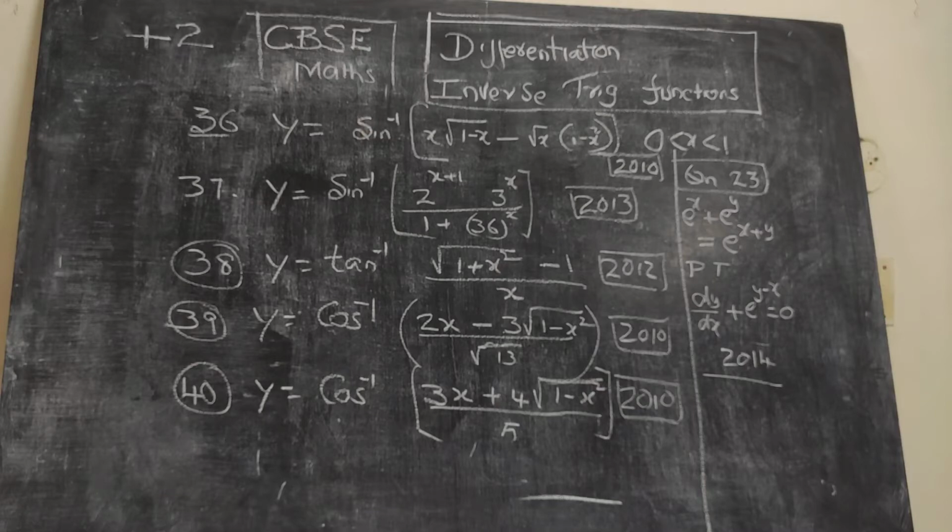Just to make you familiar, I am going to do one more sum. In the earlier videos, question number 23 was discussed, and I could not arrive at the answer dy by dx plus e power of y minus x, because some small adjustment I should have made, which I have not done. So I was getting a different answer. So that question is also discussed now in this video. Now we will see one by one.